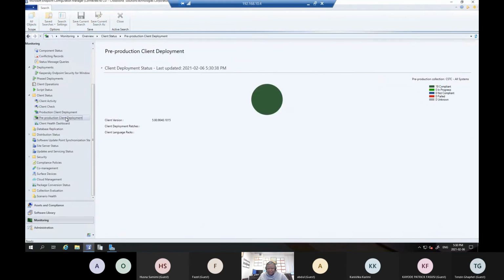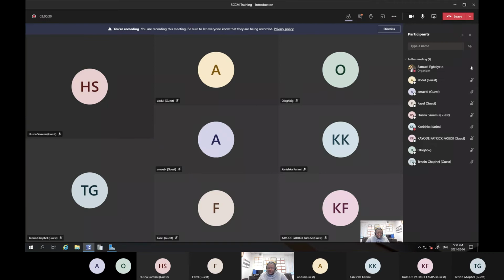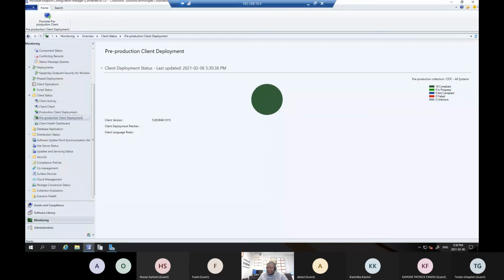We have pre-production, because sometimes you can create a pre-production environment for you to say, before the client deployment goes to a particular machine, I want to be able to see its functionality before I push it in total, to